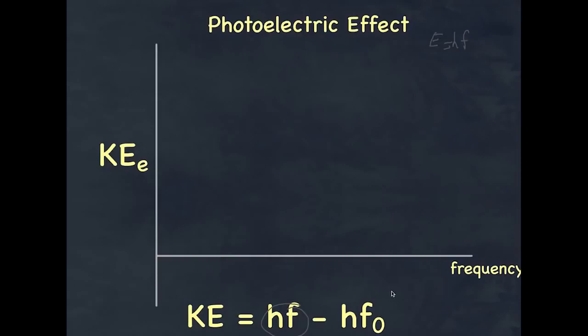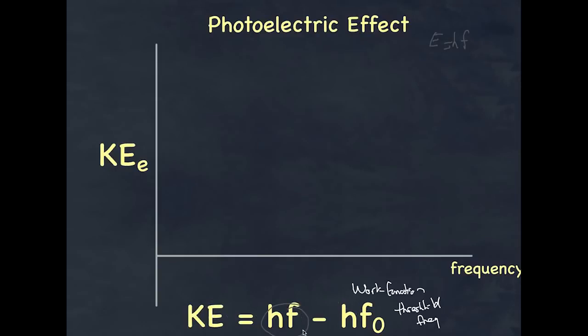Now, the minimum energy that is required for the electron to be released is referred to as the work function, that's this over here, and it is equal to Planck's constant multiplied by f naught, and that f naught is called the threshold frequency. And then the remaining kinetic energy is the difference between those